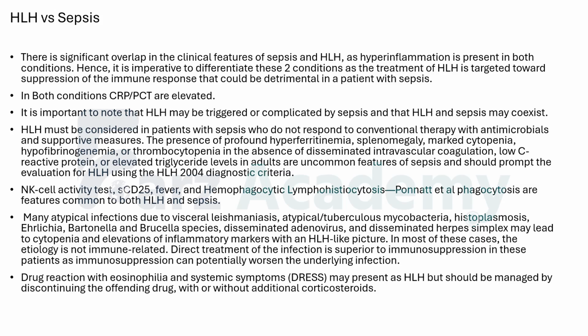If you are getting GeneXpert TB positive, you have to start AKT. So you target the treatment of that underlying etiology first. In most of these cases, the etiology is not immune related, so giving steroids or immunosuppressants will not help when it is an atypical infection. So you have to treat atypical infections and not with immunosuppressants.